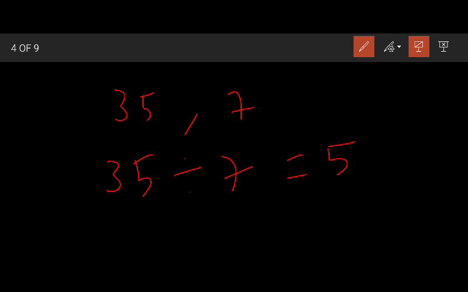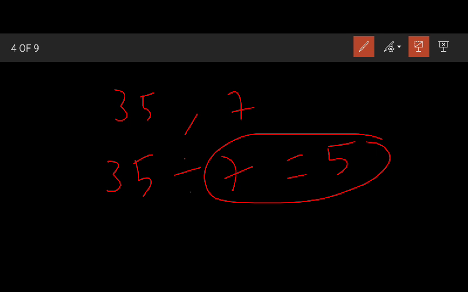The question is, the product of two rational numbers is minus 17 by 36. If one of the numbers is 34 by 27, find the other. Generally, suppose the product of two numbers is 35, and one of the numbers is 7. Find the other. Product divided by one number gives 5, so the two numbers are 7 and 5.